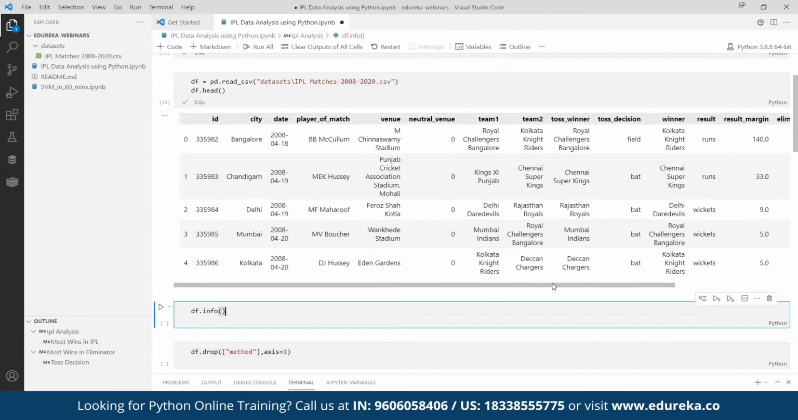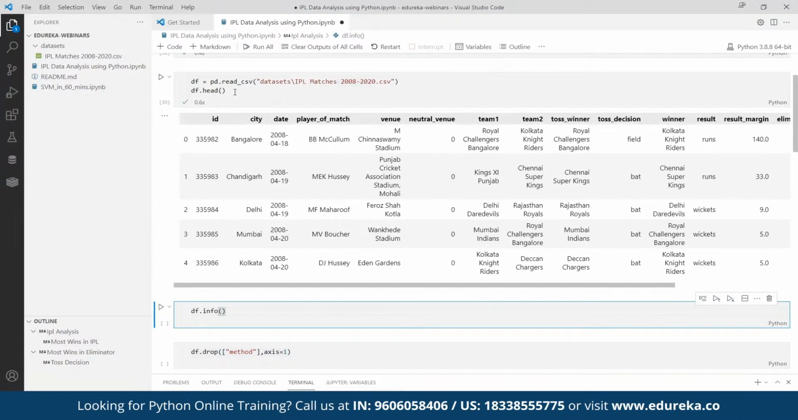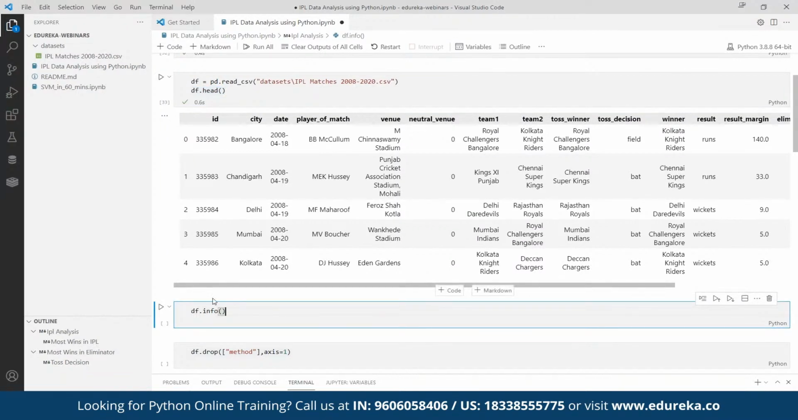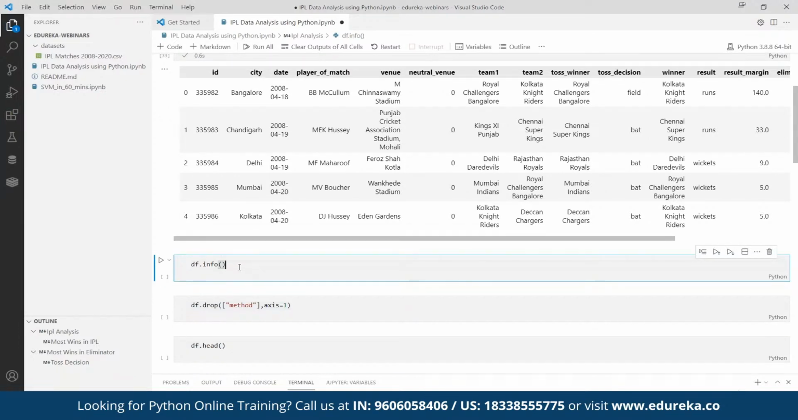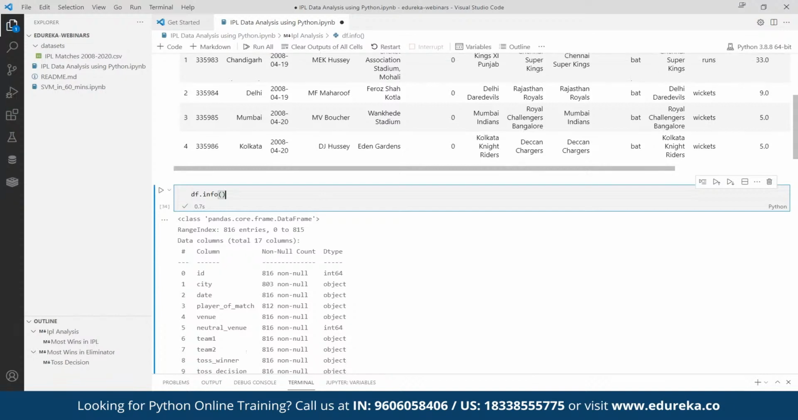Now, once I have loaded my data as a data frame and displayed the first few entries, when I call this df.head function, it is going to display the first 5 entries of my data frame. After this, I want to understand the data types of my individual columns. To display the same, here we have written df.info. When I execute this cell, it is going to tell me the data type of